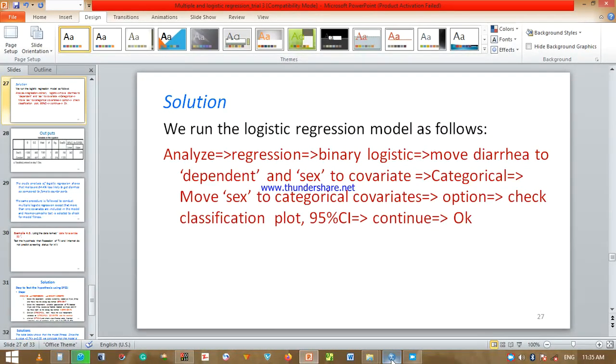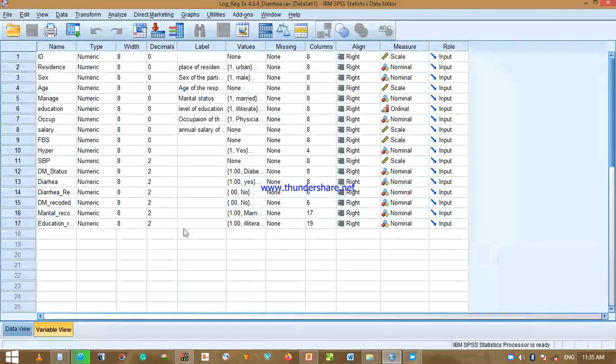We have the data here, and the data is entitled the logistic regression exercise 434. So you open your data and make sure that the assumptions that we have discussed earlier are satisfied. One of the assumptions is that the outcome variable must be coded into 0 and 1. It is diarrhea. If you see the original